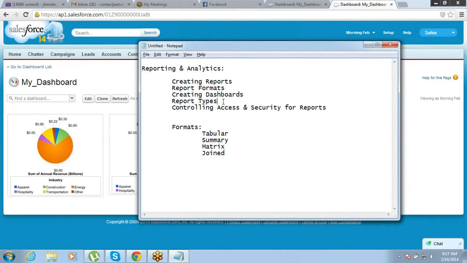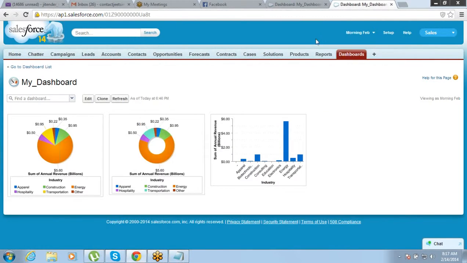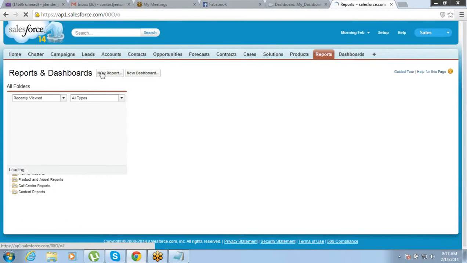Now we'll talk about report types. You've created a dashboard. Now let's understand report types. Remember the moment we were creating a report, the moment you click on the report tab and you click on new report,